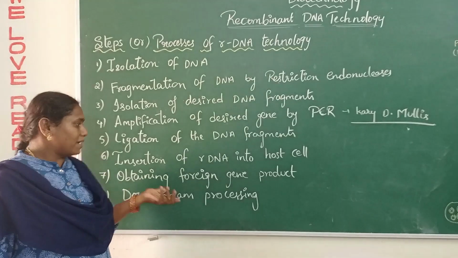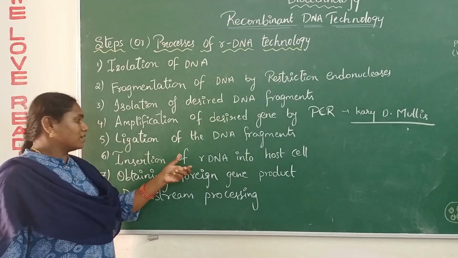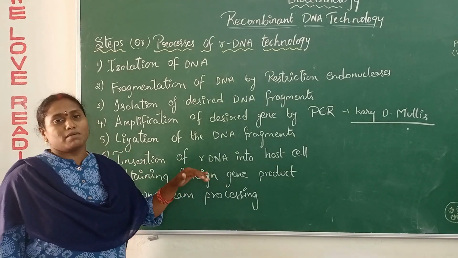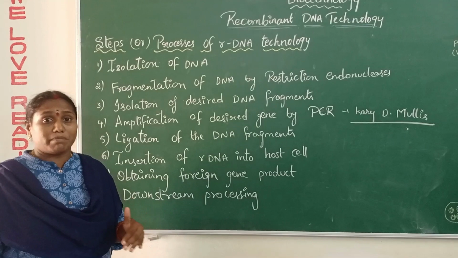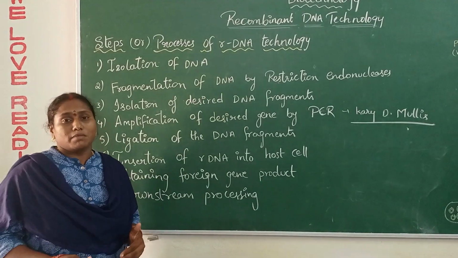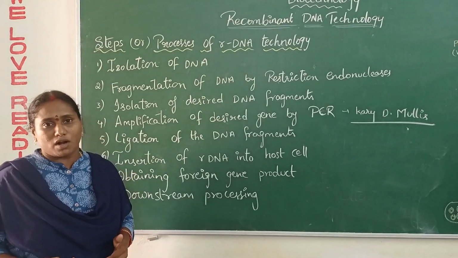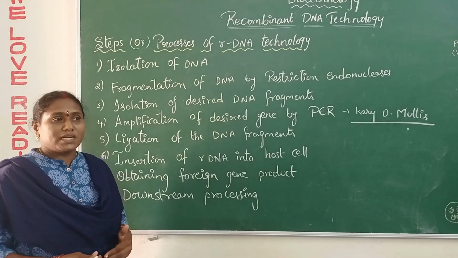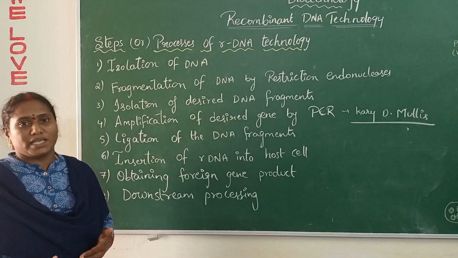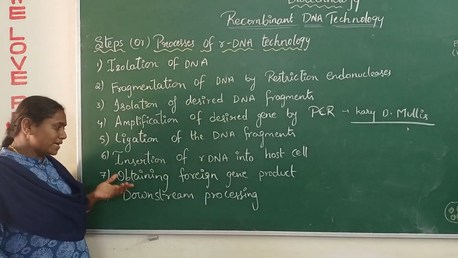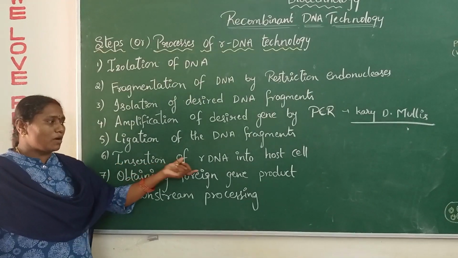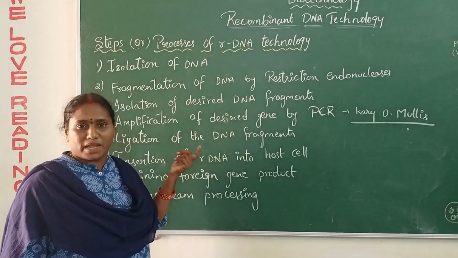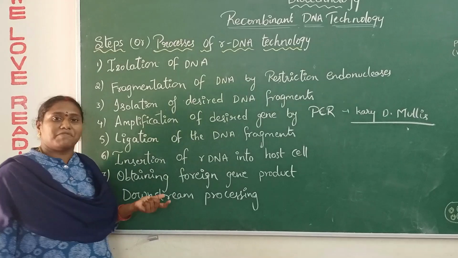At the same time, to put the recombinant DNA molecule into the host cell bacteria, first the bacteria should be very competent. That means we have to add a calcium solution to the bacterial cell, with which it is ready to take the recombinant DNA molecule. So as I said before, insertion of recombinant DNA into the host cell is a very complex process. It can be done in several steps.